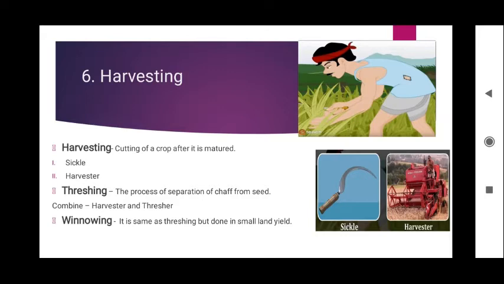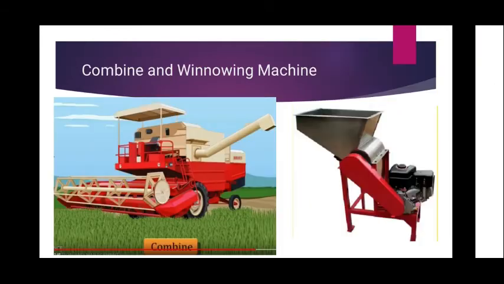It takes 3 to 4 months for a cereal crop to mature. After that, the harvesting is done by cutting the crop. The next step after harvesting is called threshing. Threshing is the process of separating the chaff from the seeds. Chaff is what we call hottu in Kannada. So we have to remove the chaff from the grain. For this we use machines like the combine. As you can see, students, this is a combine.